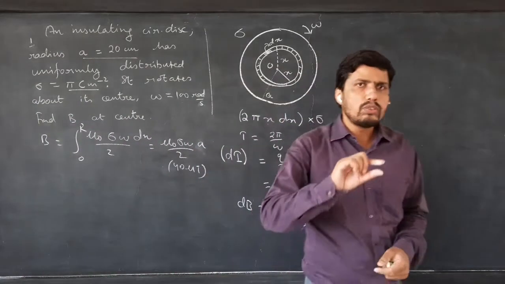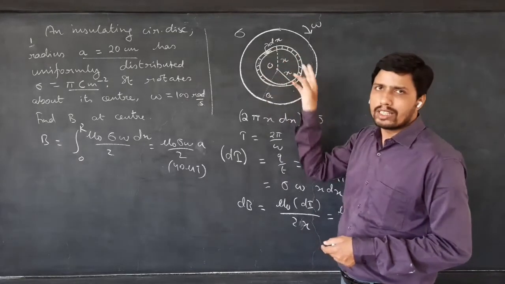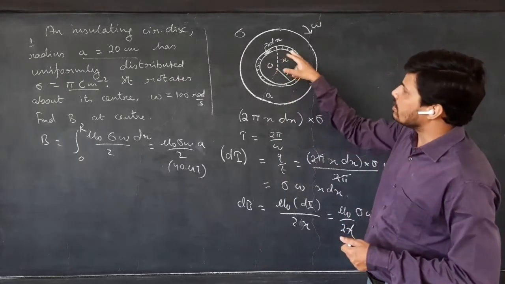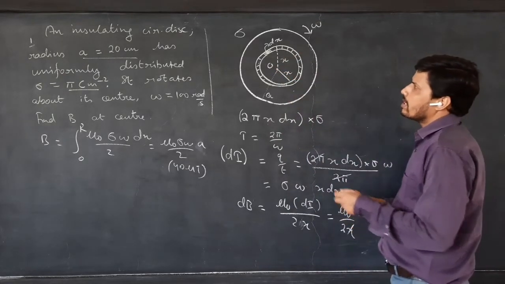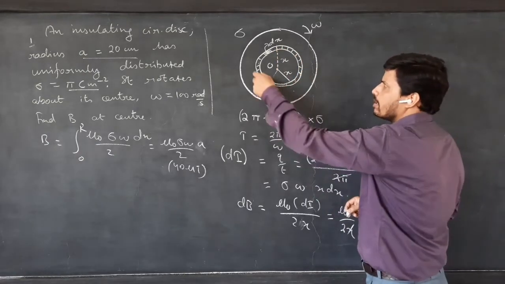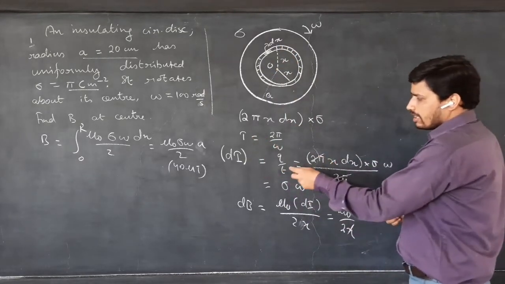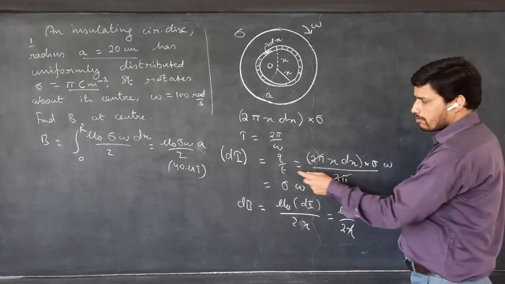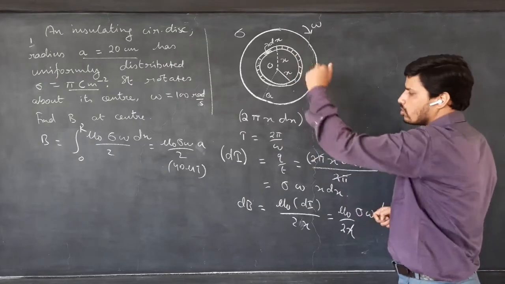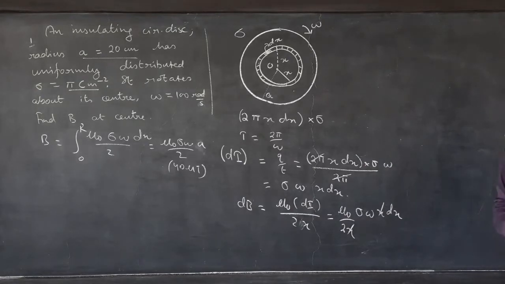So here first we have to find the magnetic field at the center of a small circular ring. If there is a current in this particular ring, what should be the magnetic field? How do you find the current? Current is charge flowing per unit time. A particular charge in one time period will make one round, so time we have taken as the time period, which becomes 2 pi by omega. And in one time period, how much charge is crossing? Charge per unit area is given as sigma, into that much.